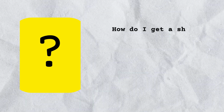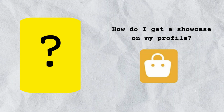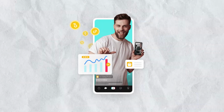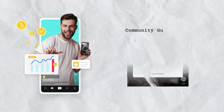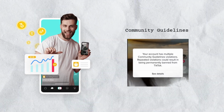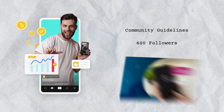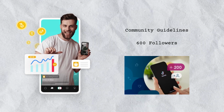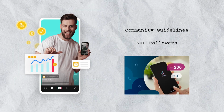The number one question I've been seeing, how do I get a showcase on my profile? A lot of people are also asking about the yellow basket feature. Basically, it's all about joining TikTok for creators. Now, getting into TikTok for creators has requirements. First, you absolutely need to follow TikTok's community guidelines. That's non-negotiable. Then you need at least 600 followers. They lowered it from 1,000, which is great news. Once you hit that, you can unlock the showcase, start affiliate marketing, and add that coveted yellow basket to your